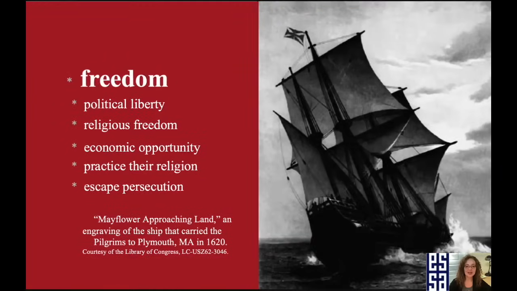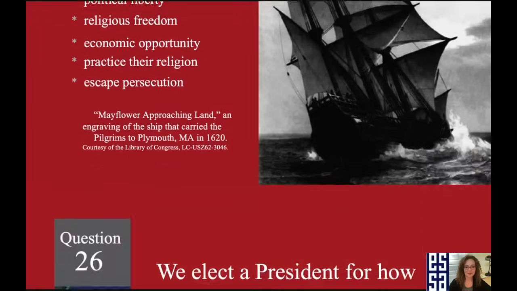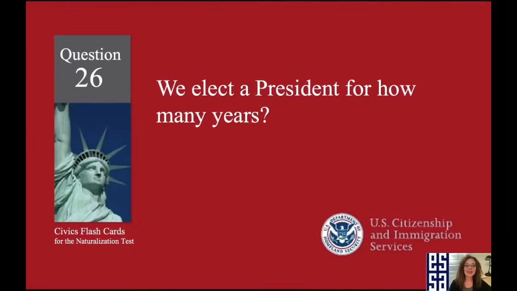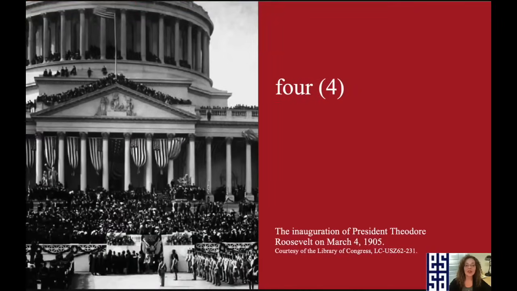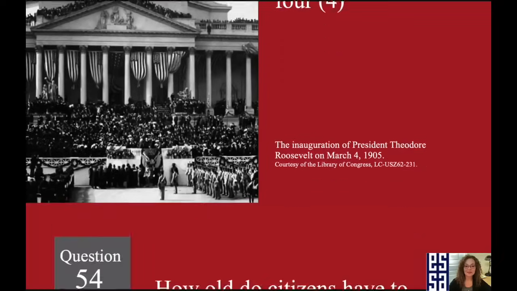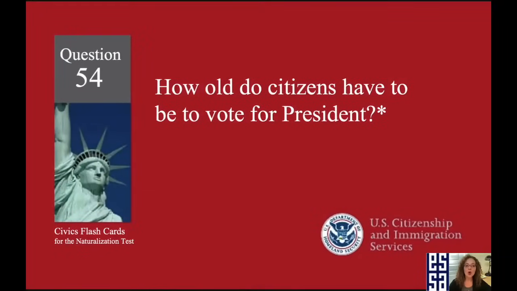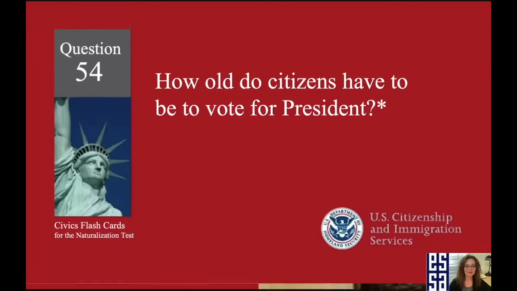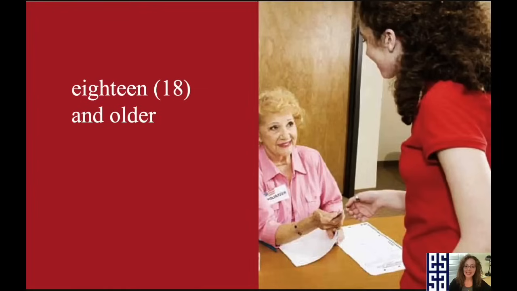For freedom. We elect a president for how many years? 4. How old do citizens have to be to vote for president? 18 and older.